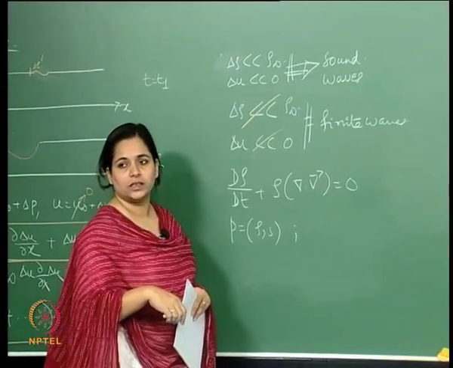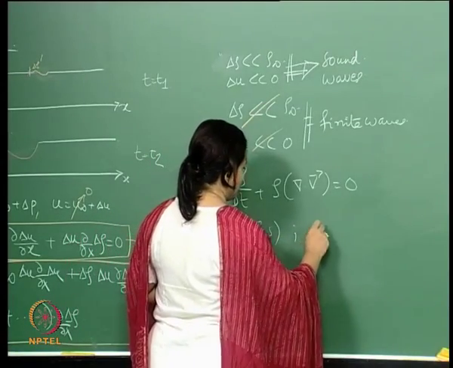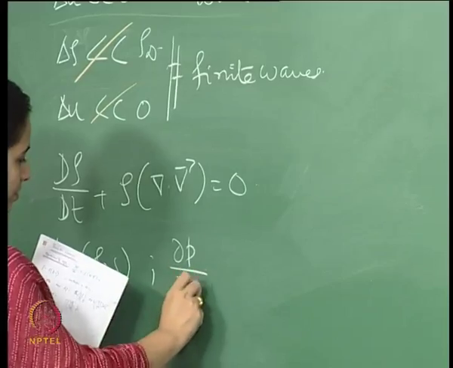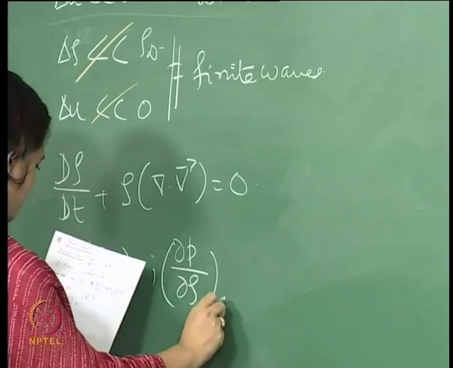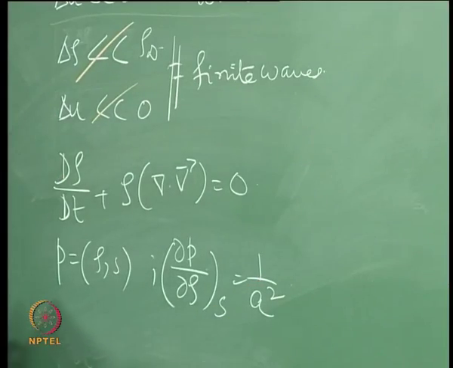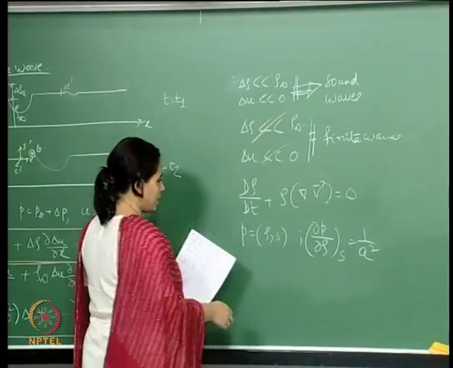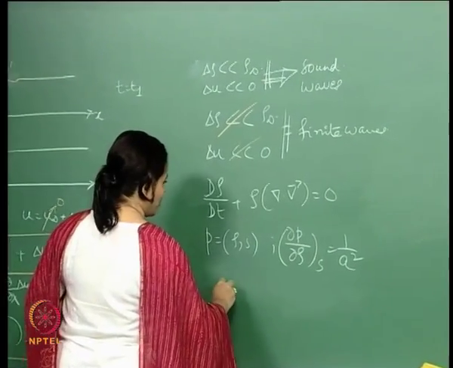So, the change in density is 0. So, therefore, ds dt is 0. Okay. So, what we got from here was... okay. So, we got this. Okay. So, therefore, okay. So, what we will write